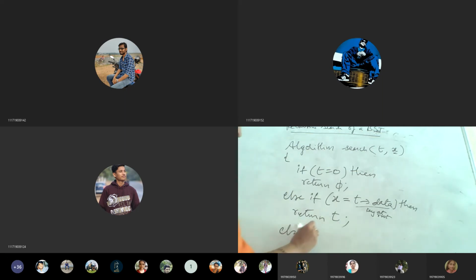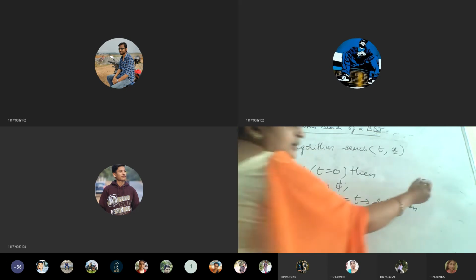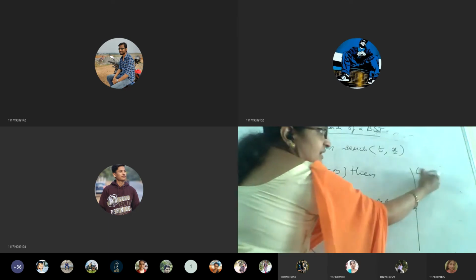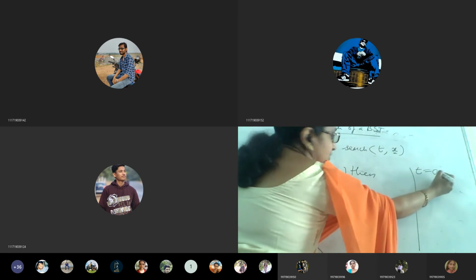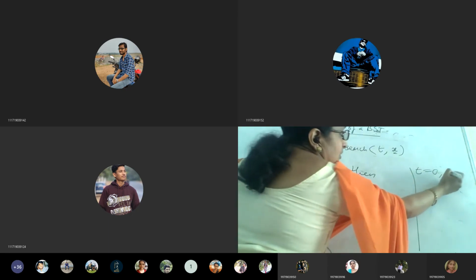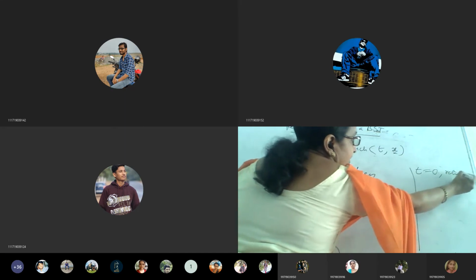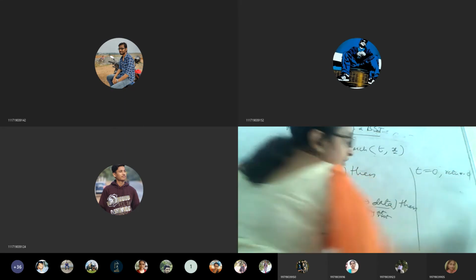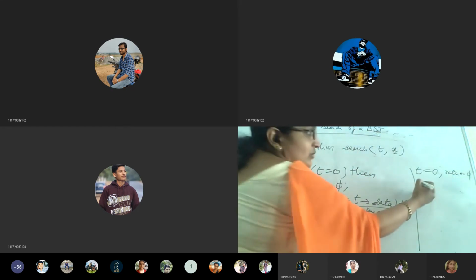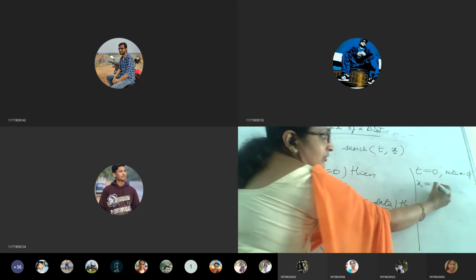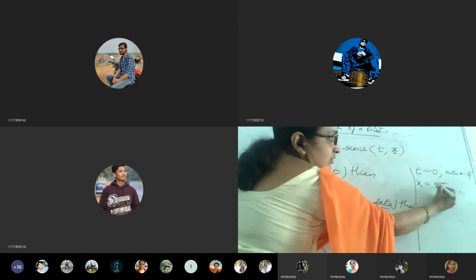Else if, so tell me the conditions here. I told you the searching technique is a repeating procedure. First, if T is equal to 0, it returns null. Then we compare X with the root key.